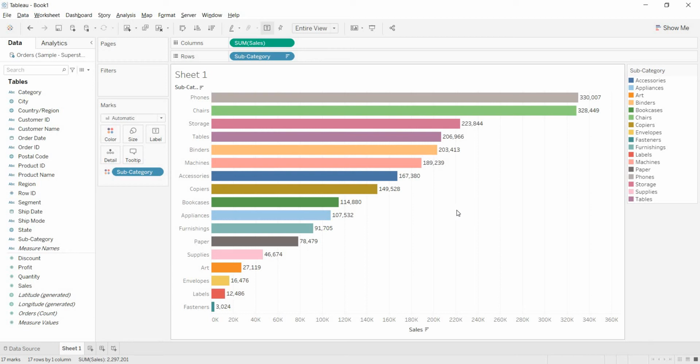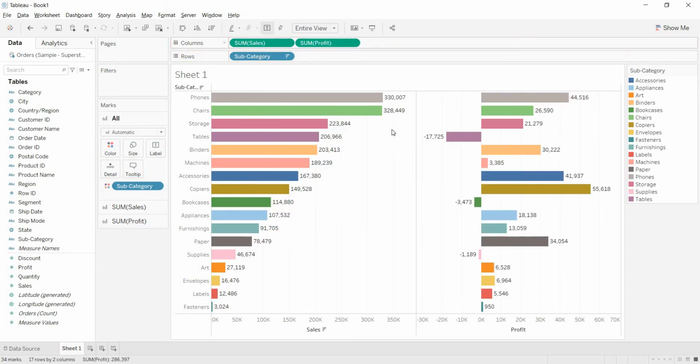So how will we bring that? See, when you are bringing sum of sales, here you are getting this axis, right, as it is continuous data, and these are headers. Now when you are bringing profit to the visualization and dropping that next to the columns, see what happens here. In the same visualization you are getting the bars for sale and profit. Here, if you observe, an individual axis is created for each measure. This is for sale and this is for profit. That's why this sort of visualization is called individual axis representation.